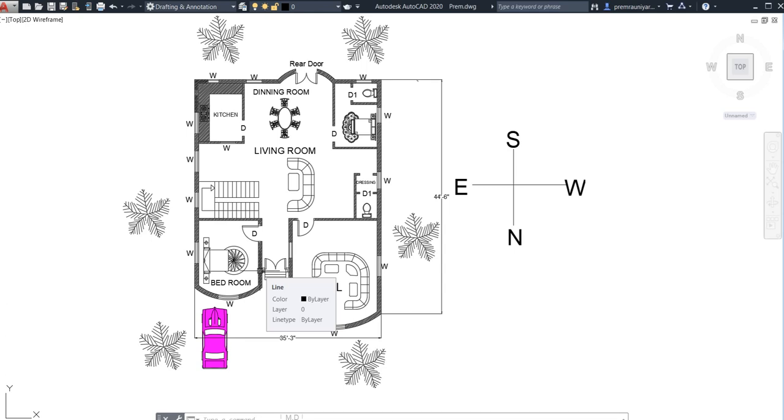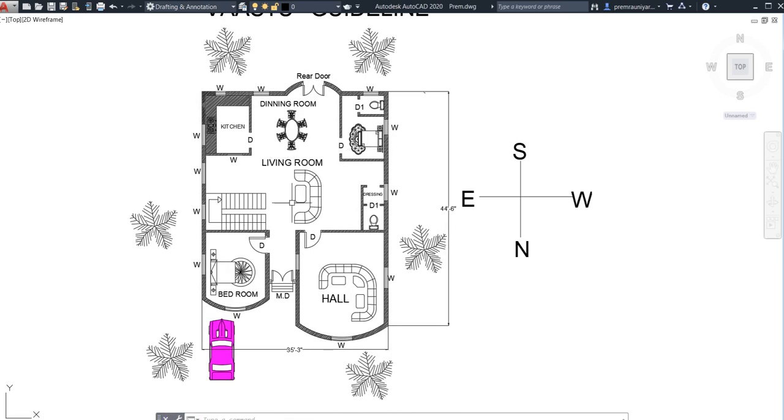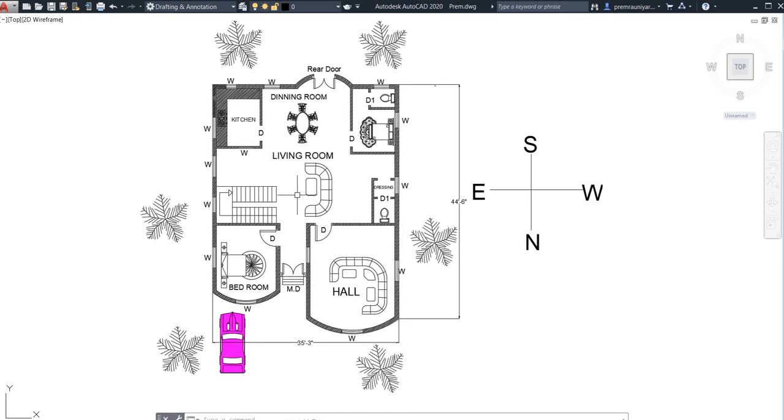What I need to tell you is that I have made this plan, and I have already told you that this plan is completely according to the Vastu Shastra. So how to follow the Vastu Shastra?